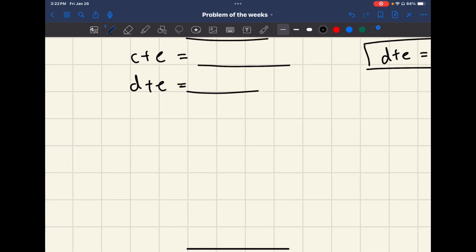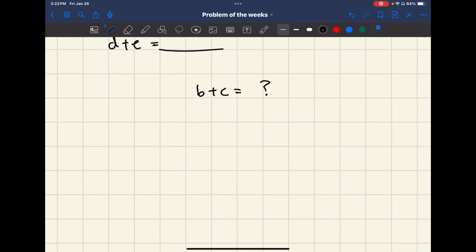Okay. Now what about B plus C? What does B plus C equal? Well, let's do another example. So let's say I have numbers 1, 2, 3, 4, and 5. And just like before, we need to add all of these numbers up in all the ways possible, right? Well, we have to take two numbers from the set of 5 and add them up. The smallest sum I could possibly get is 1 plus 2,